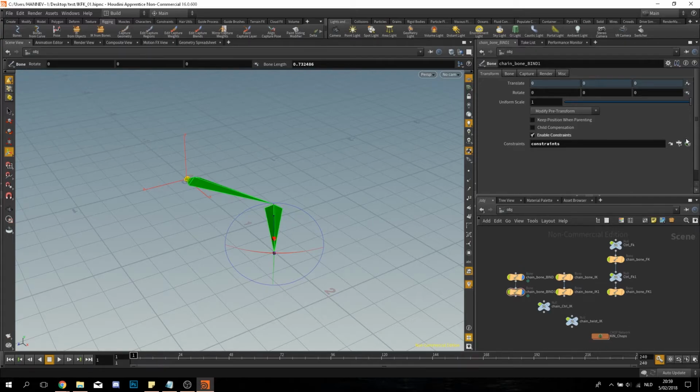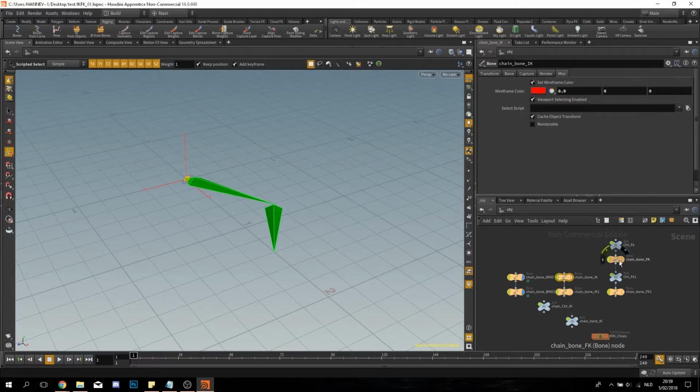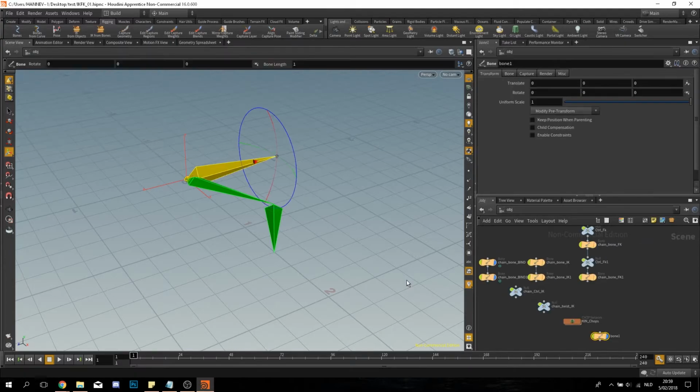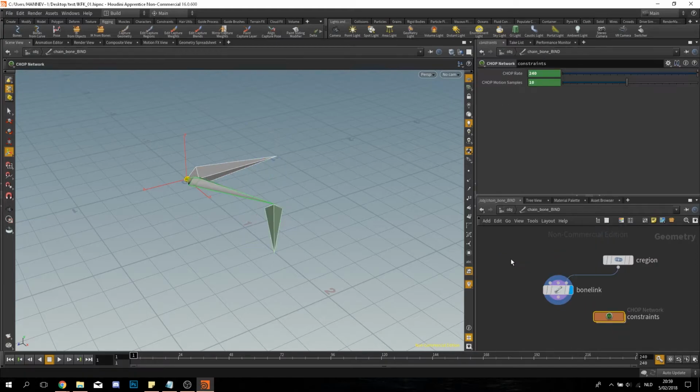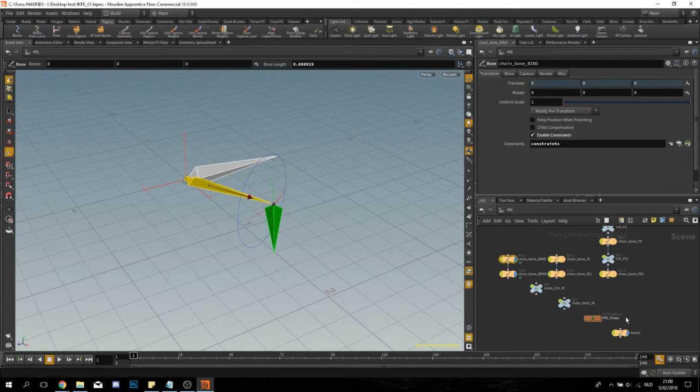And now we're gonna have to add a parent blend. And down here you can see again what you have to do. Here it says parents, but actually it's gonna be parents. It's gonna be both the IK and FK. And you enter. And if you go down here, you can see this is what it was, and Houdini created all these. Also a new bone is created. You can delete that.